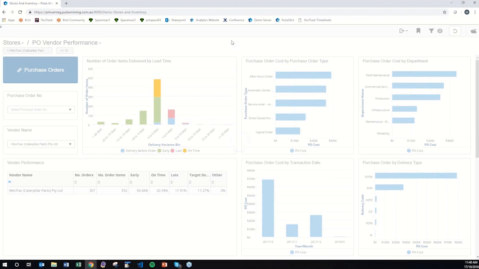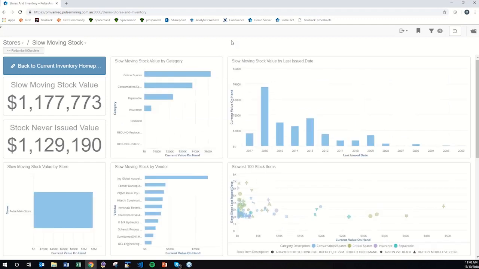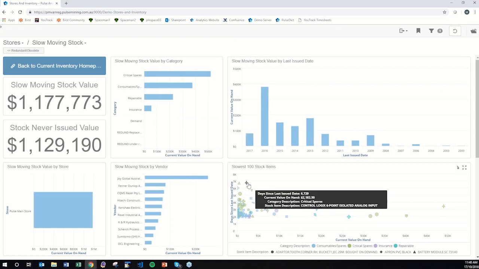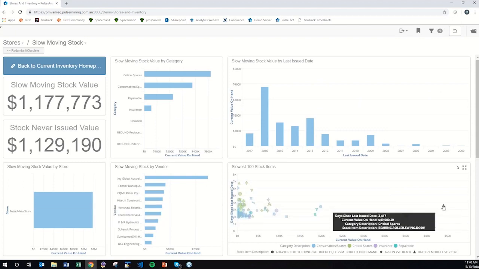And you can use this dashboard to look at, do we need to keep this slow moving stock on hand, or can we look at taking action against that? So we can see down here the slowest 100 stock items. These are the ones that have been moved, but it's been a long time since they've moved. And we see a stock item out here that's worth quite a bit, but hasn't moved in quite a significant